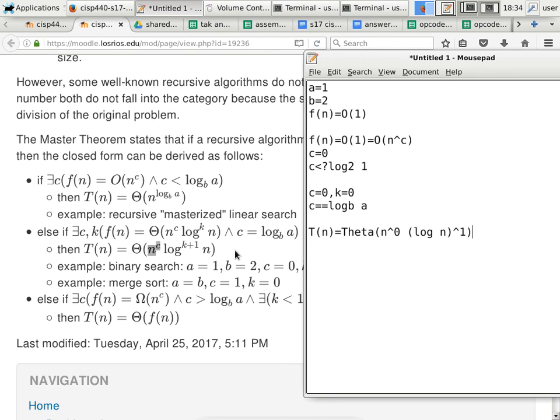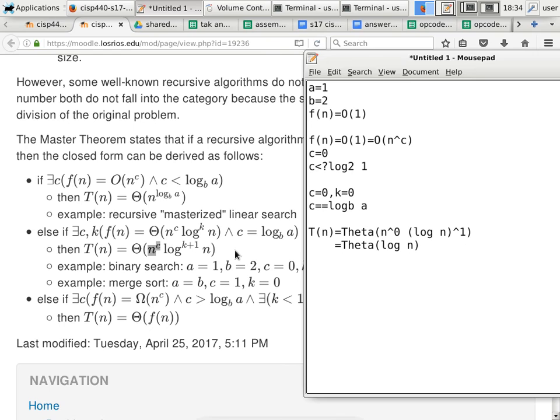Let's see if we can simplify this a little bit. n to the power of 0 is 1. What about log n to the power of 1? Anything to the power of 1 is itself, and the 1 times can be simplified, so we do get